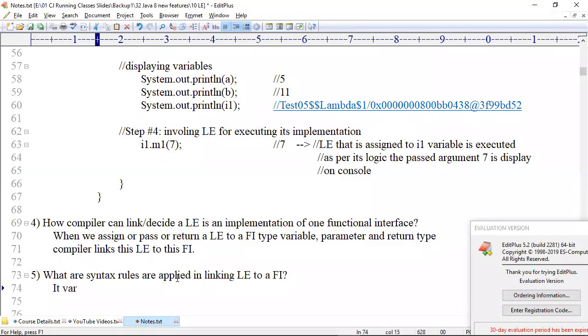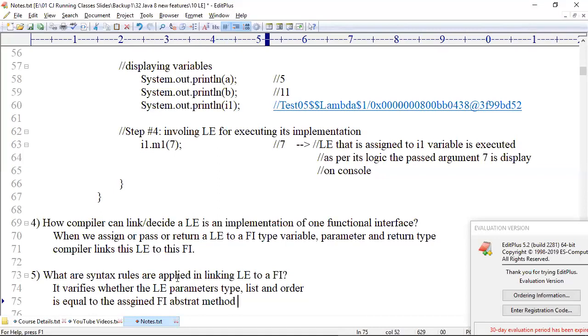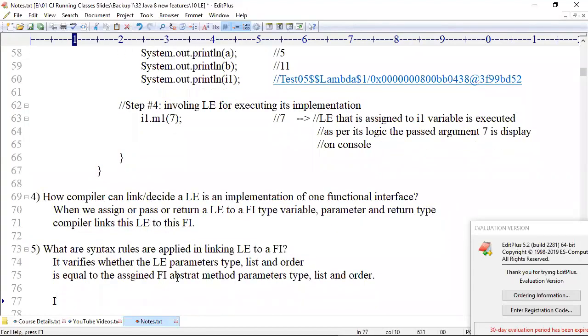It verifies the lambda expression parameters type, list and order is equal to the assigned functional interface abstract method parameters type, list and order. If they are the same,